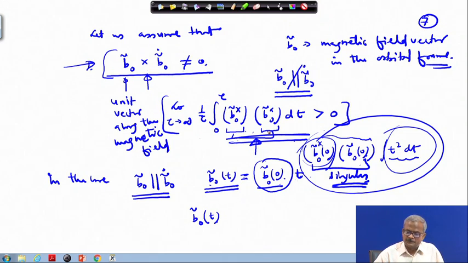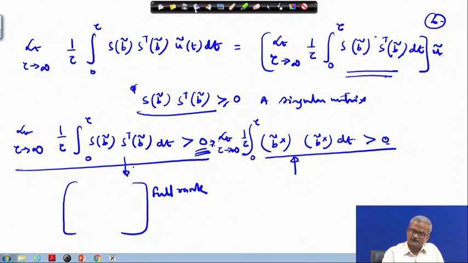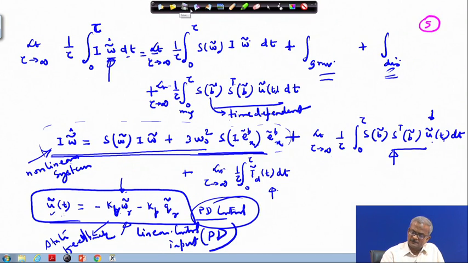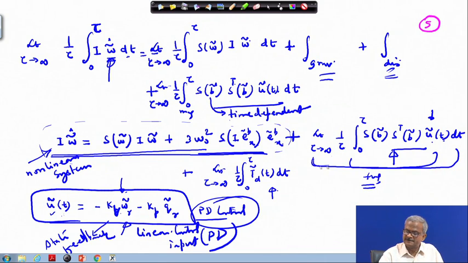First we have to prove that if this condition is satisfied, then on an average this term is going to be positive. In an average sense this will be full rank,